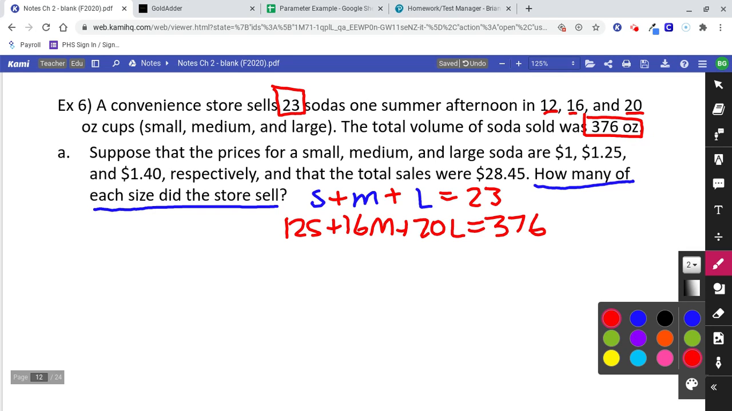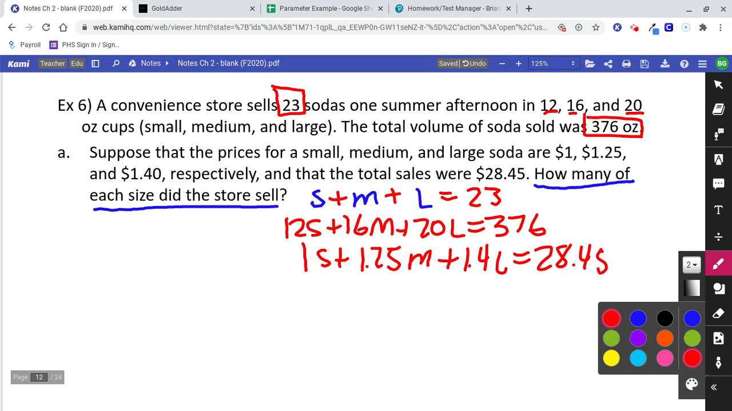376. Now, continuing, I see the dollar signs, and it looks like it's another problem with a total in it. There's going to be something that's a total of 28.45. So I can say 1S plus 1.25M plus 1.4L equals 28.45. All right, so there's my system of equations, and I want to solve that system of equations to answer this